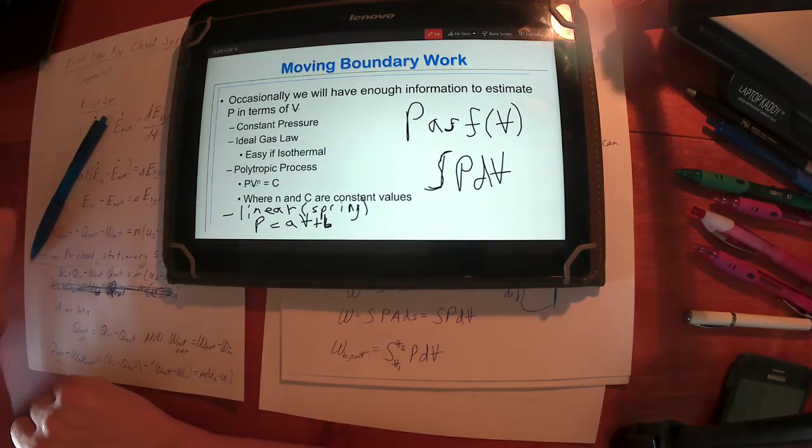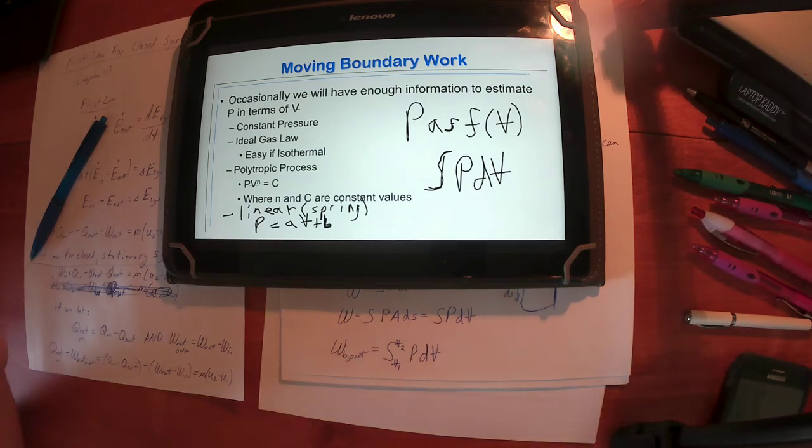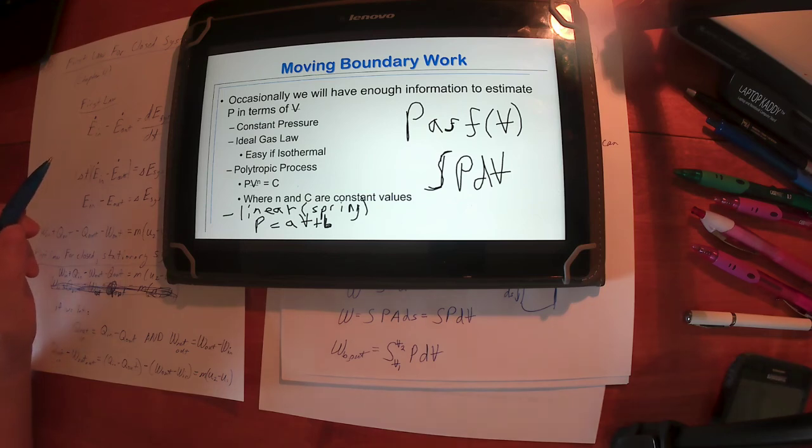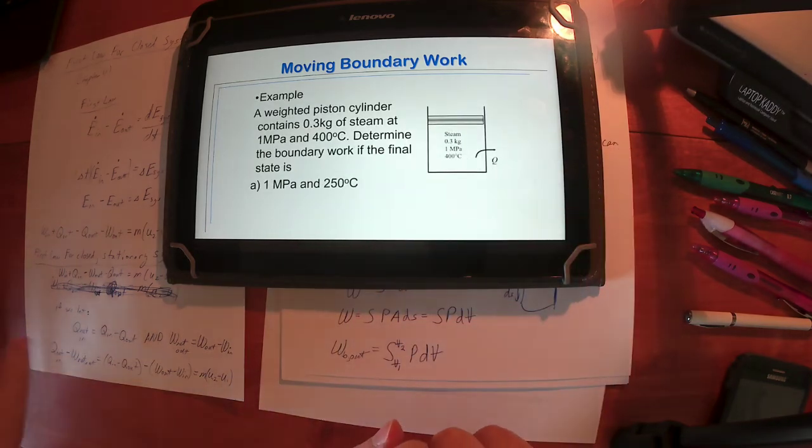If you're allergic to integrals, you're probably in the wrong place. You should have already learned that. I don't know what to tell you. I'm expecting you to have integrals and calculus before you get here. So if you can't do integrals, you might want to get that looked up. I am going to expect you to be able to do integrals. Somebody complained about that on a student evaluation. So